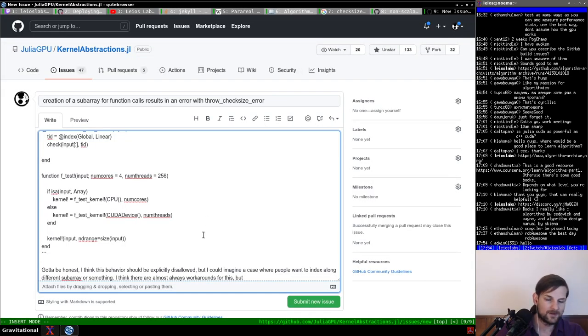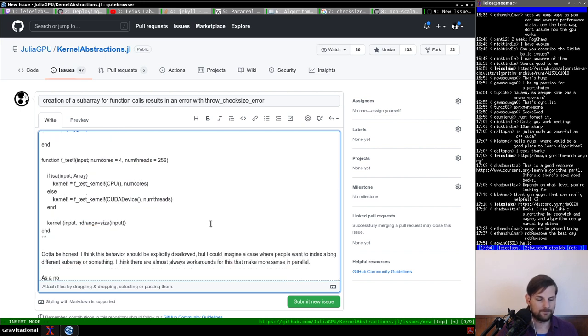Okay. So, gotta be honest, I think this behavior should be explicitly disallowed, but I could imagine a case where people want to index along a different subarray or something. I think there are almost always workarounds for this that make sense. As a note, input colon equals 0 should probably also be disallowed for similar reasons. However, if we want to support this type of behavior,